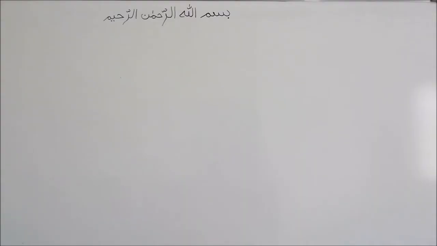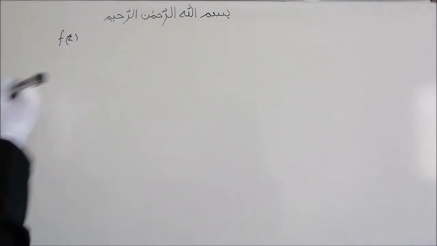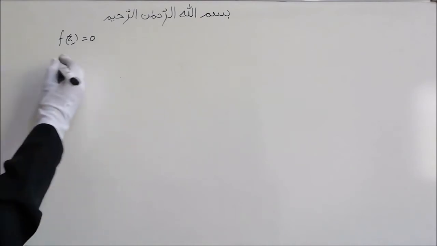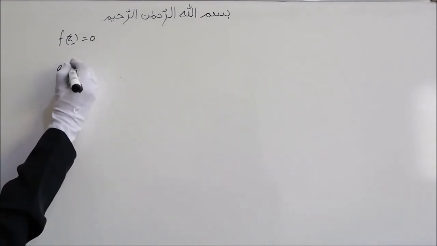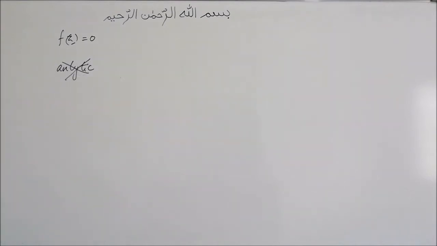Now let's begin with singular points and finding the different types of singular points. Let's say we have a function f of z. To find the solution or the zero of the function, we take f of z equals 0 and get the values of z. We also know that singular points are those points where our function does not behave well, that is, our function is not analytic at that point. To find such points, we equate the denominator of the function to 0.